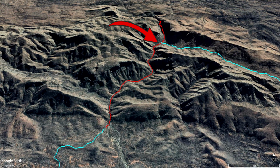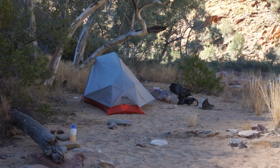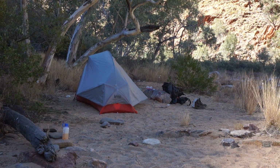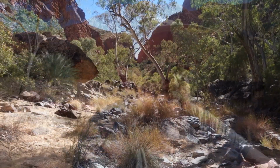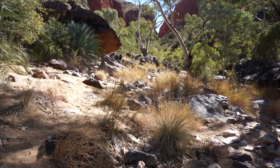Where the trail turns sharply east towards the Razorback. There are a few spots where you can pitch your tent in the riverbed, nice and sandy. So I did that and then hiked up into Upper Hugh Gorge, which takes about an hour return or maybe 40 minutes return. Upper Hugh Gorge sure is a bit more rugged,